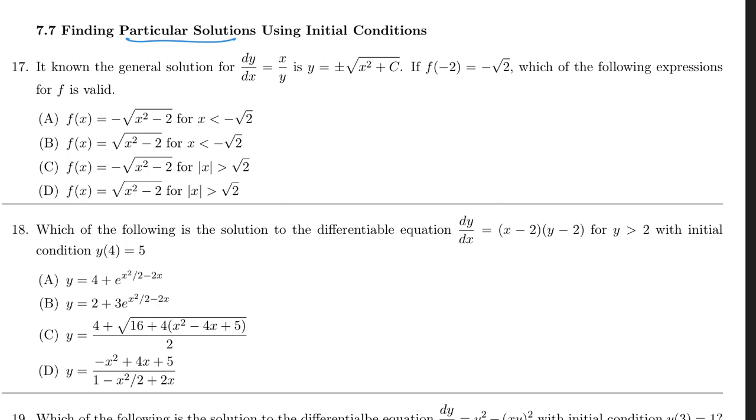So for this one, it actually tells me the solution to my differential equation is this, and you can see that plus c is there. But it says when I plug in negative 2, I get negative square root of 2. So if I look at my equation, when y is the negative square root of 2, when x is negative 2. So from this, I've got to figure out what c is going to be. All right, so negative 2,